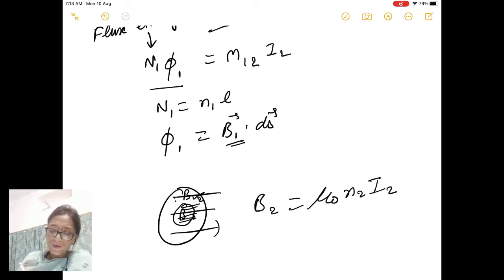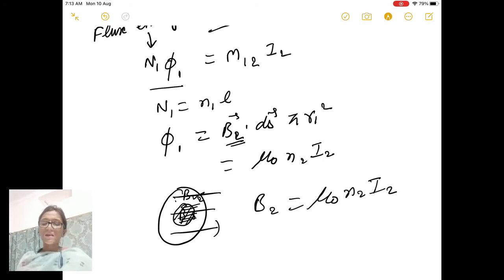So B1 can be written as B2 actually, and this is equal to mu naught N2 I2 and ds, the area of the inner solenoid. What is the area of the inner solenoid? It is pi R1 square. So we obtain N1 from equation 1, phi 1 from 2,